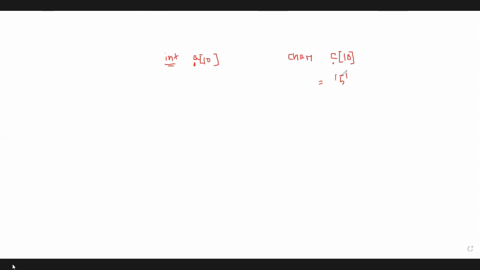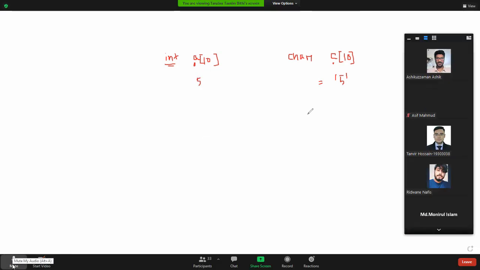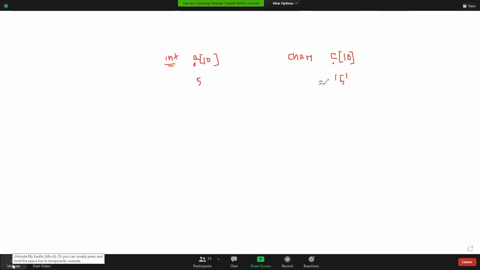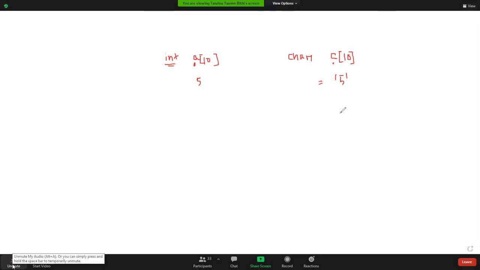It becomes a character, right? And this 5 is actually an integer, isn't it? Now, if we want to store 5 characters of data in this string, how can we do it? If we just want to print the 5 characters of a string, how can we do it? For printing 5 characters, we need to use the index.